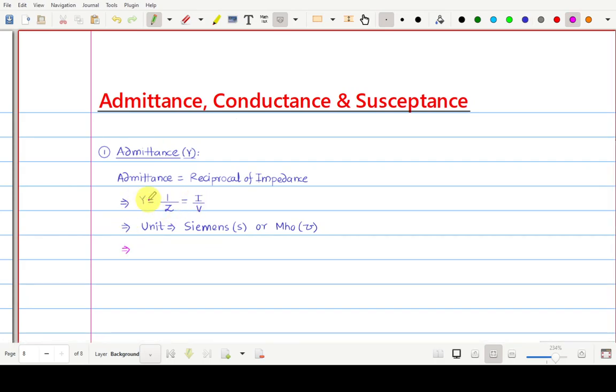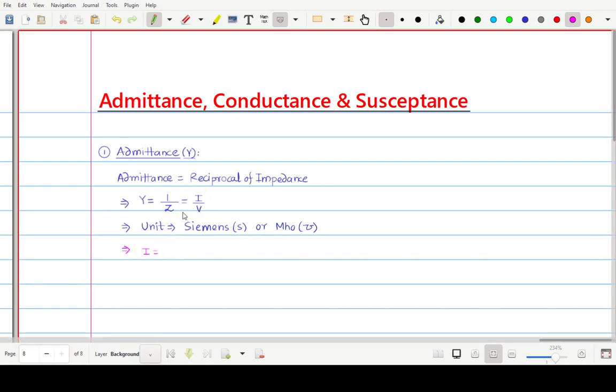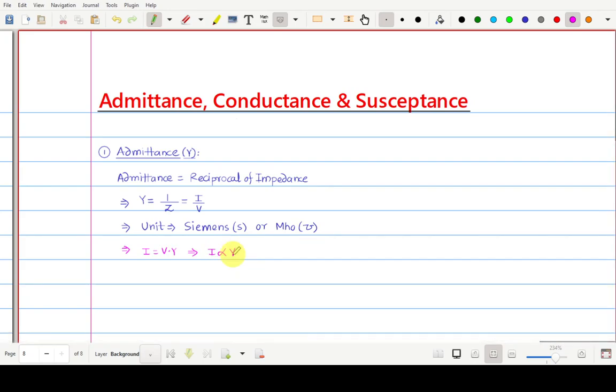This can also be predicted from the formula. Y is equal to I upon V. So what is the current? If you take V to this side, you get V multiplied by Y. If your voltage is constant, we can write I is directly proportional to Y, means admittance. So if your admittance increases, definitely current flowing through that branch will increase. More and more current will be admitted in that branch. Hence this parameter is called admittance. If you want a high value of current, admittance should be higher. So it is exactly opposite of impedance.